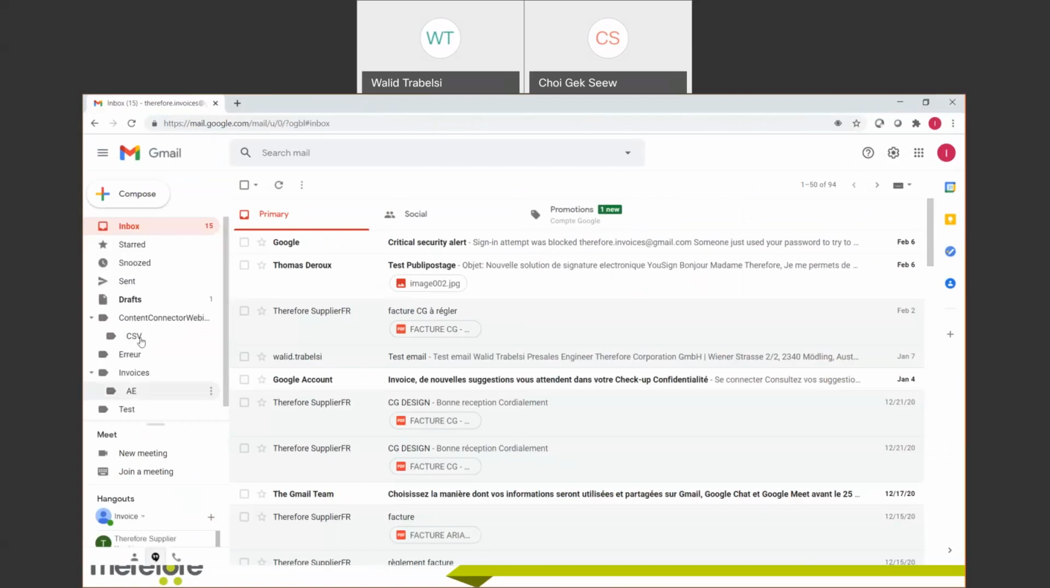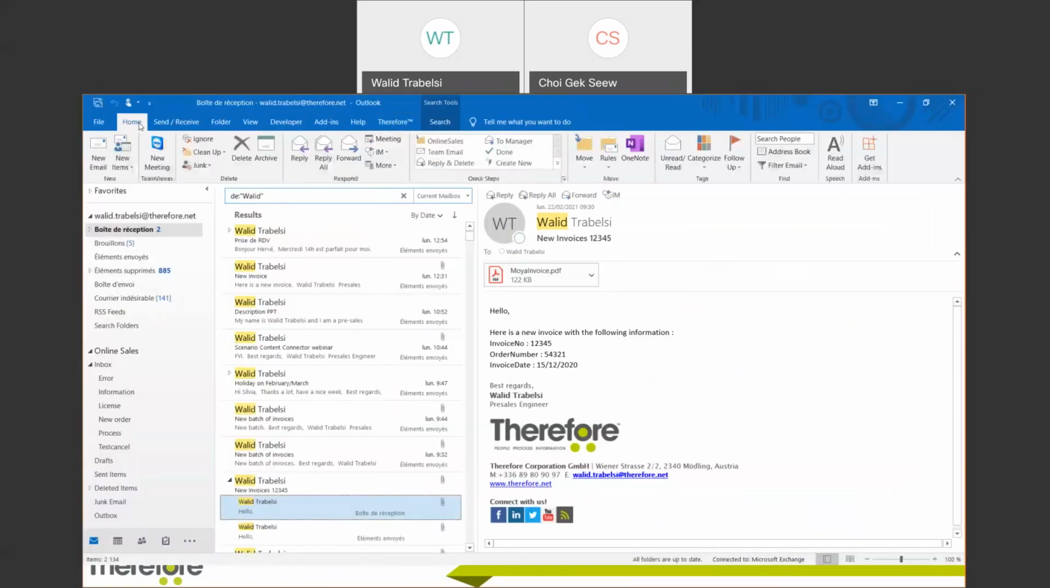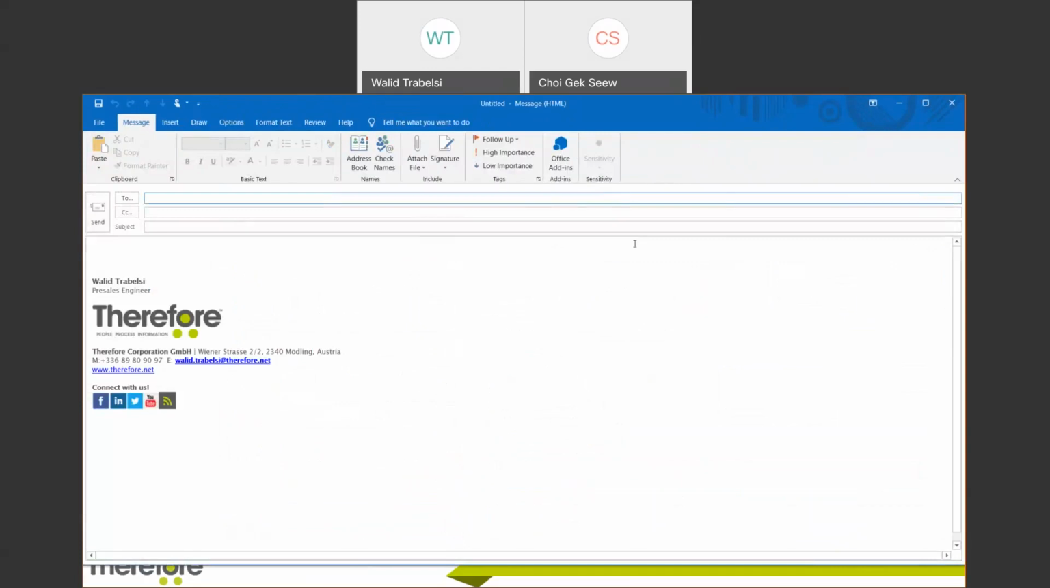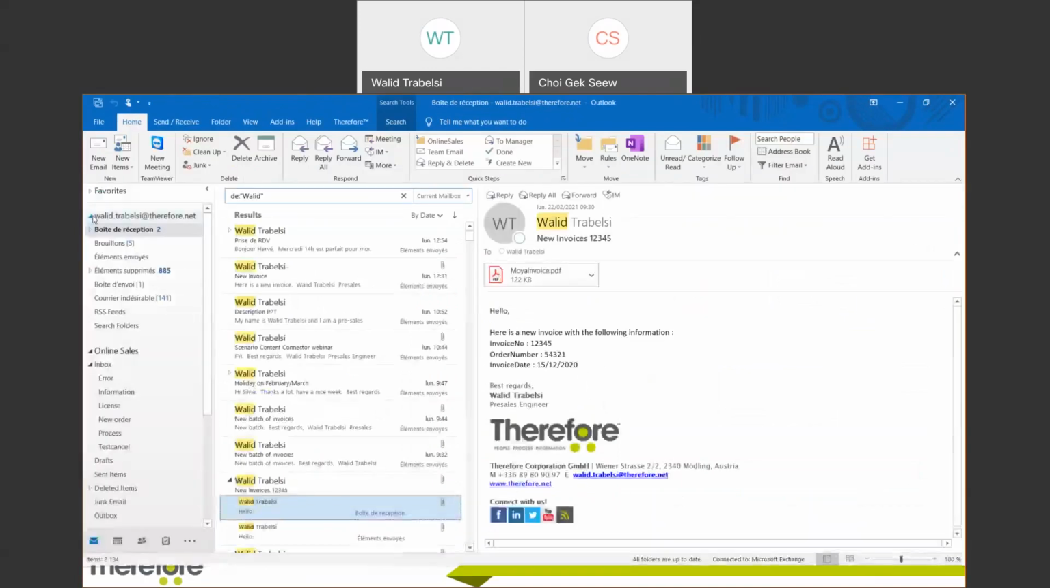And now I will send from my wally.travelcy mailbox here a new invoice to therefore.presales. New invoice Moyaware, add the Moya invoice as an attachment, new invoice, and you will see. The subject and the body are not really necessary because you just need the attachment here. If I send the invoice now,